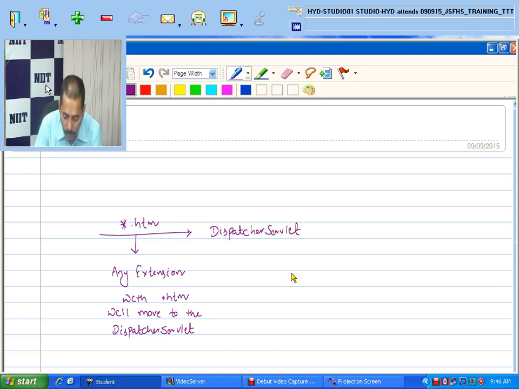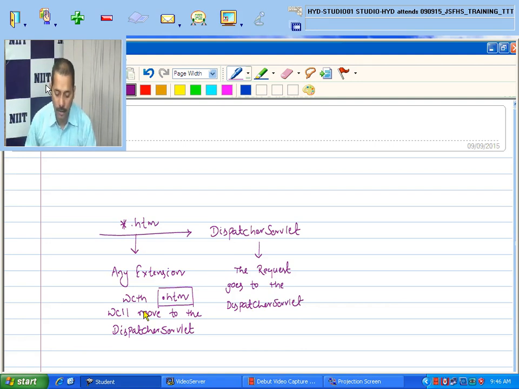Whenever any extension which is star.htm comes, that means the .htm extension, the request goes to the dispatcher servlet. Now the dispatcher servlet will decide where exactly it has to go.